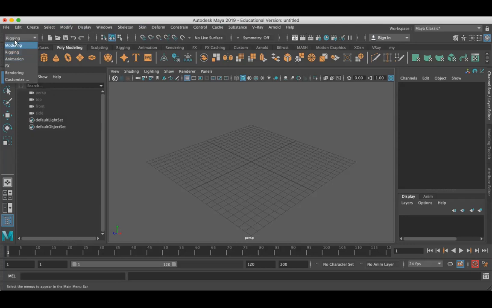And in animation, you can find the animation tools. The first seven menus are constant for all the tabs. If you go to the modeling tab, rigging tab, animation tab, effects tab, or rendering tab, the first seven menus are the same. They won't be changing.